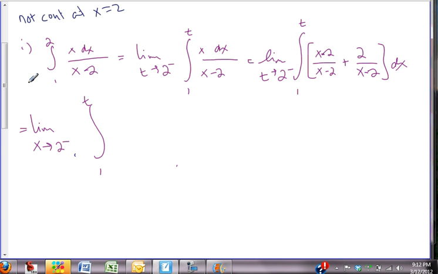Oh, that's not x goes to 2. That is t goes to 2. Let's erase that and replace it. 1 plus 2 over x minus 2 dx. And now we can integrate that. That's the limit as t goes to 2 from the negative side of